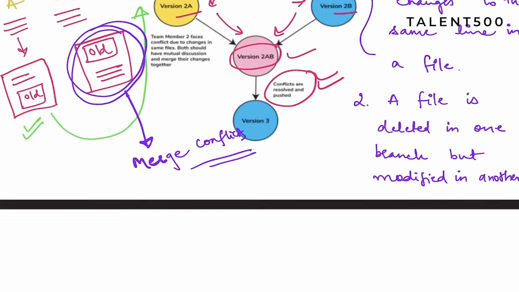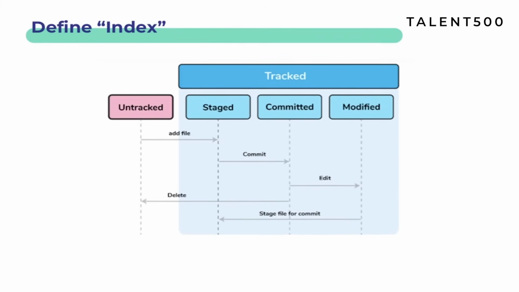Now we will move to our next question. The next question which we have here is: define index. When you talk about index, let's talk about the regular index first. Why do we need a regular index? Let us say I'm talking about the index in our books. How is that index helpful? That index tells you which chapter is available at which page, correct?